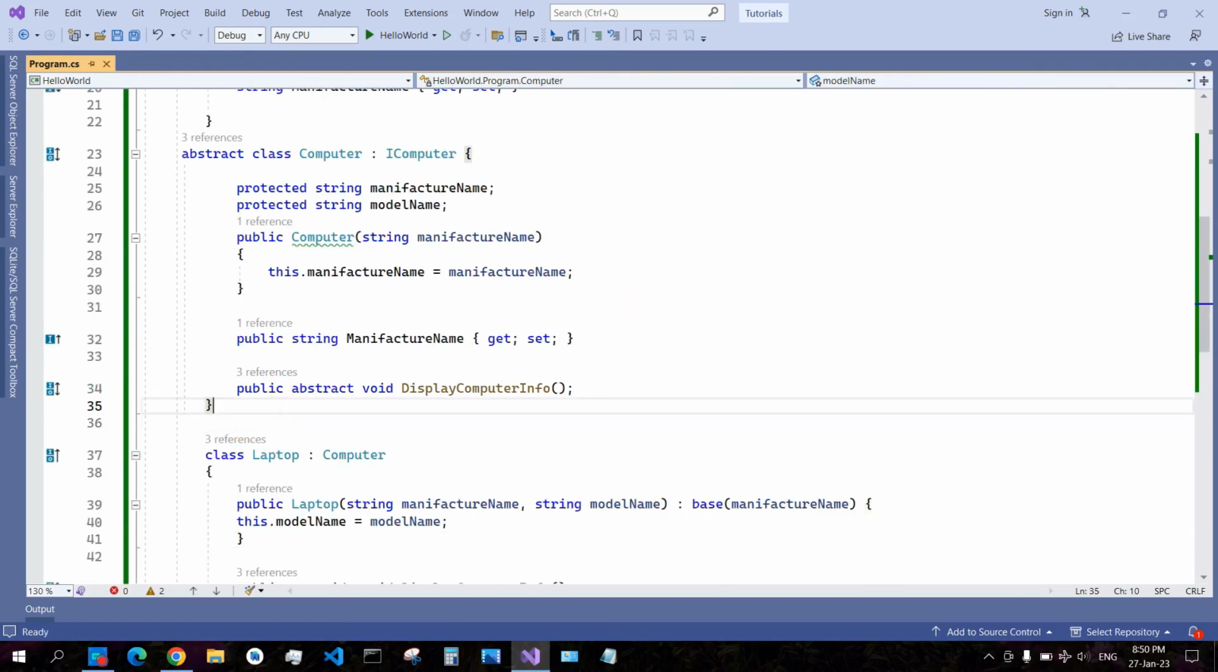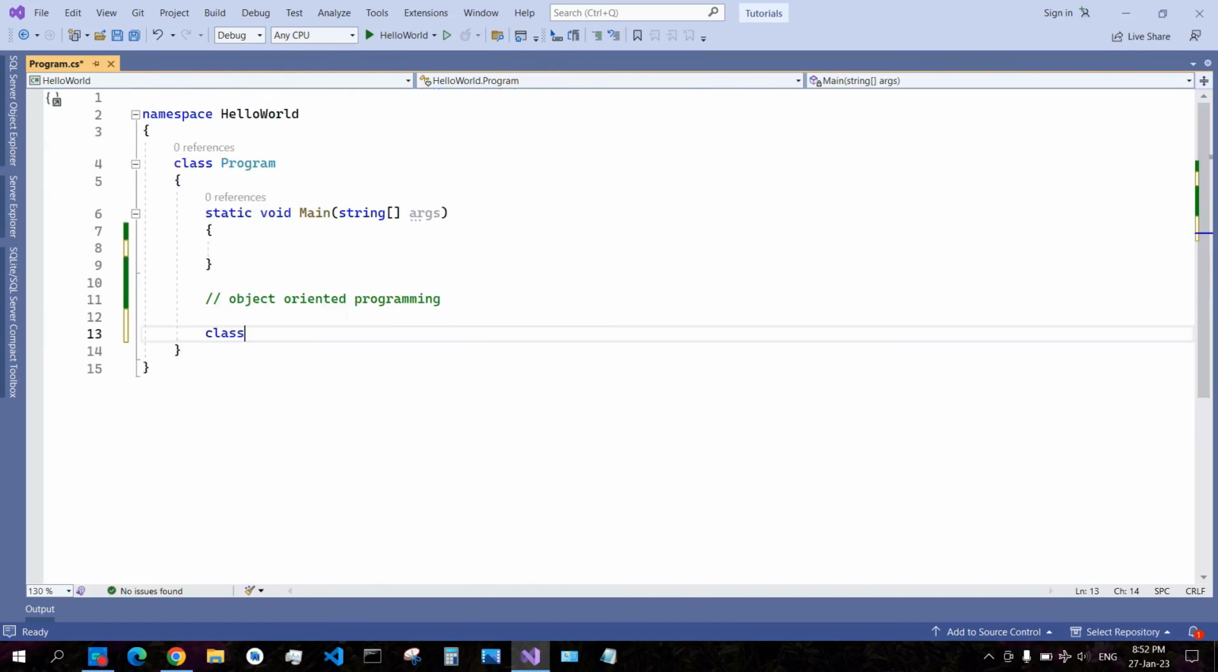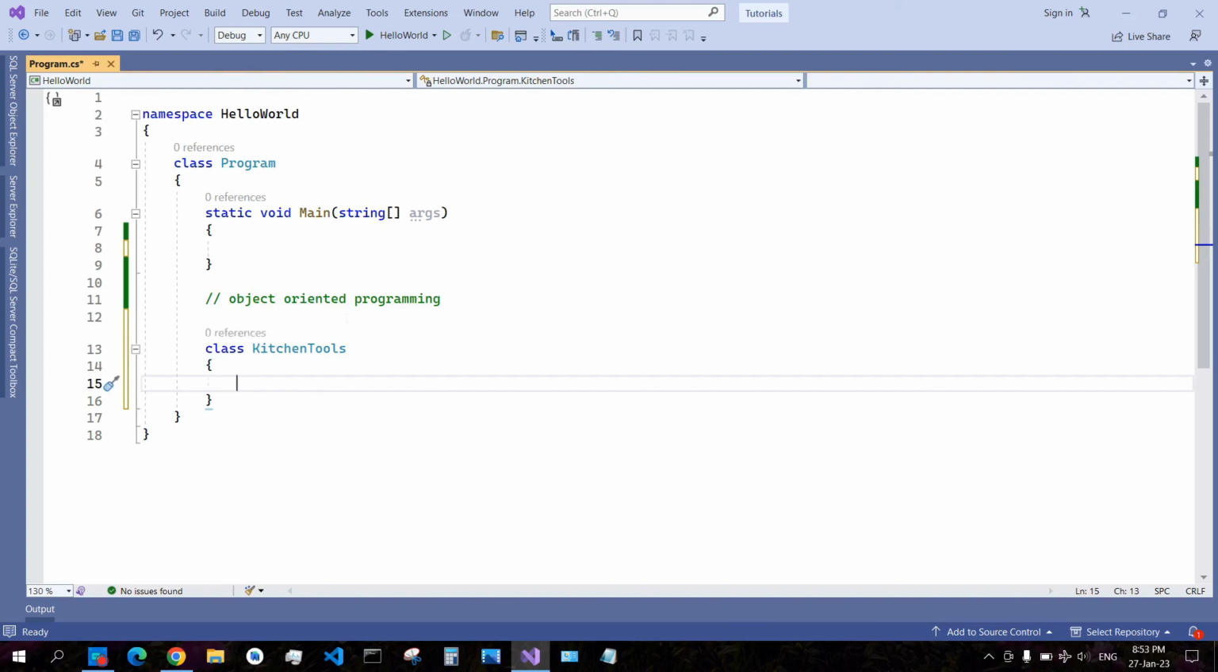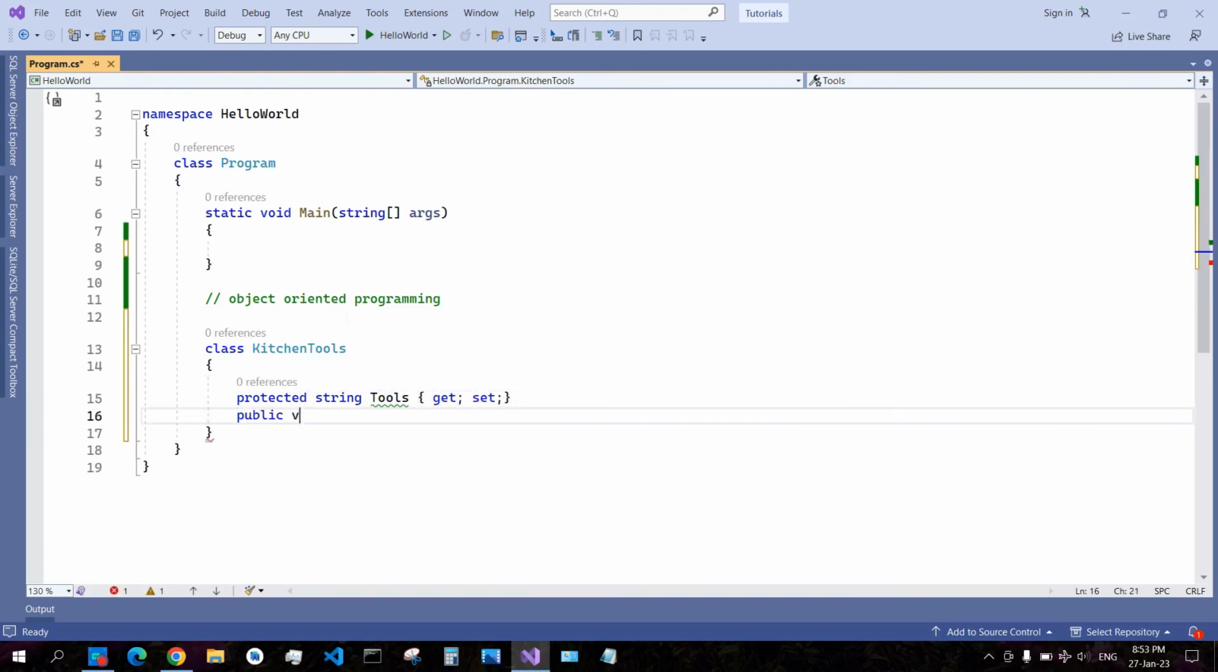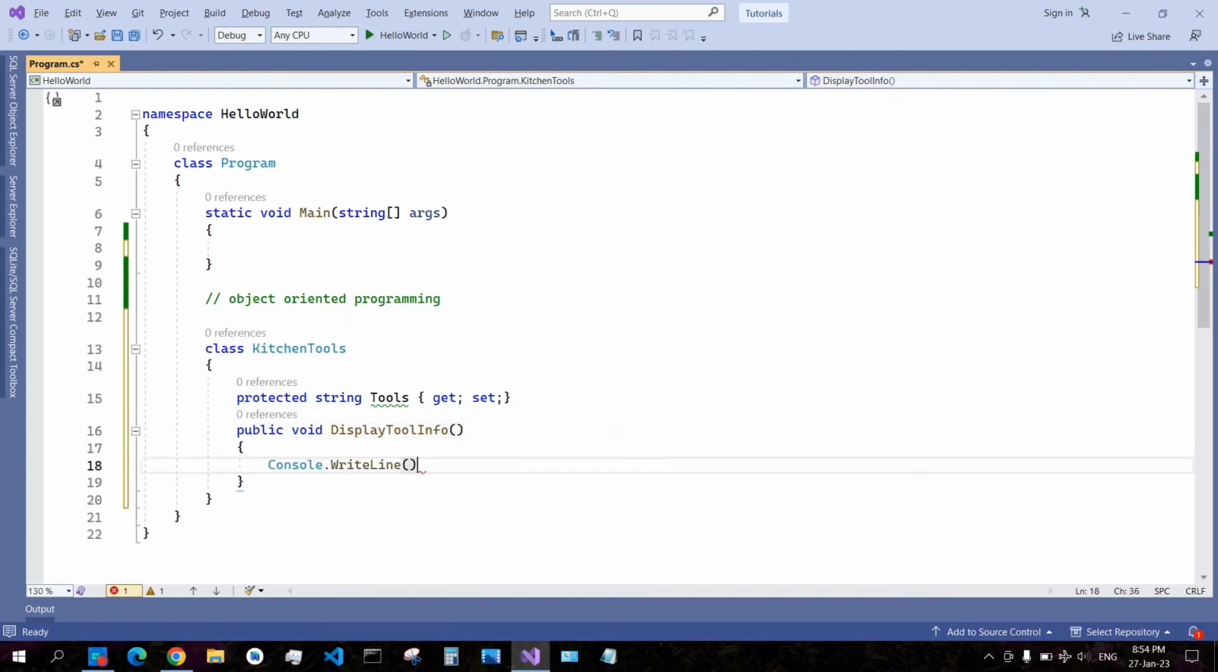Now let us talk about polymorphism. In KitchenTools, here we create a protected string, and a public void method that does Console.WriteLine: tool is used to,